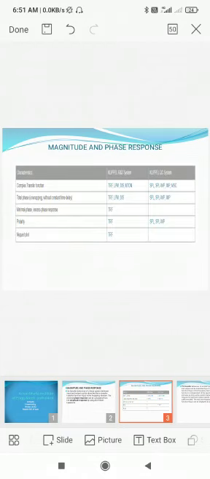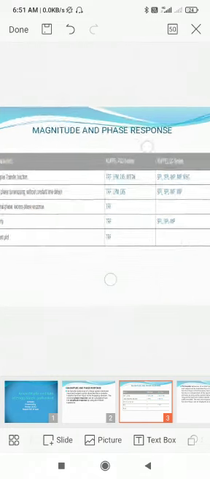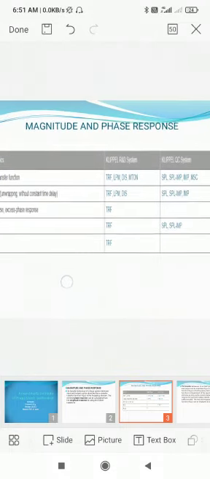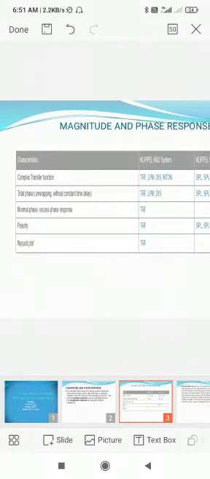And the magnitude and phase response is the comparison of the R and D systems and the QC systems. There are many differences and characteristics. The first one is the characteristics of the complex transfer function, the complex transfer function in R and D systems,